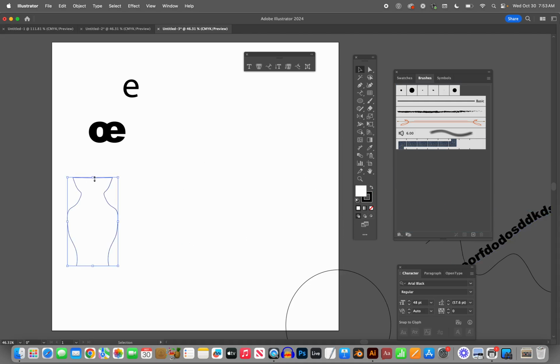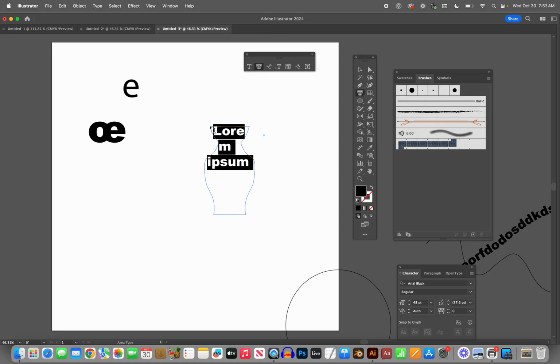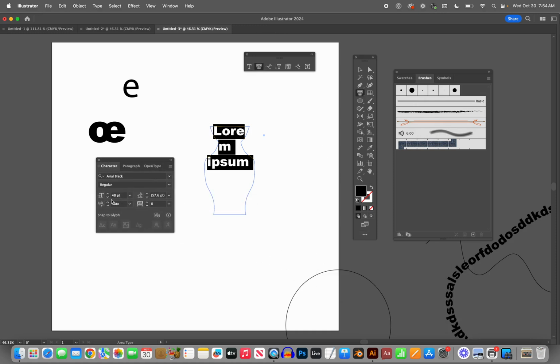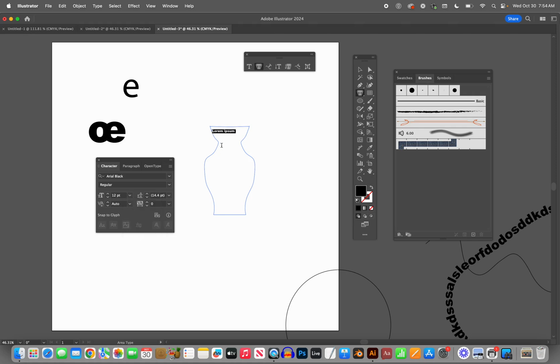You might have noticed this incredible looking vase here. Just kidding, it's not that good. Anyway, you can make what's called a concrete poem. This is where you can actually put type inside a shape. And so the way this is done is you take this one, the area type tool, and you can just click right in there. And of course the type here is very large, because when you go to character here, that tells you your size, you can bump this number down so you can make this a lot smaller. Yep. And now if I start to type,